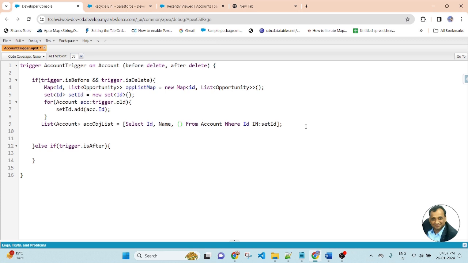Inside the bracket I will write a SQL query for the nested opportunity select